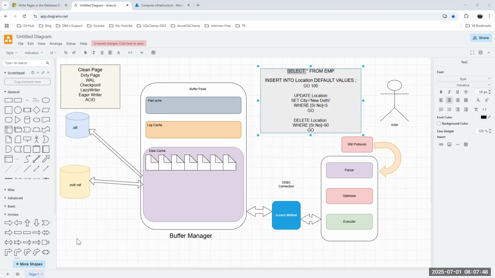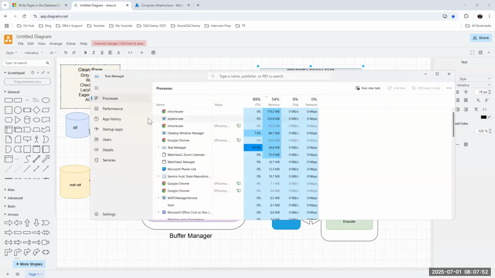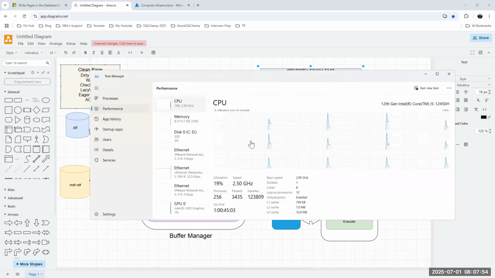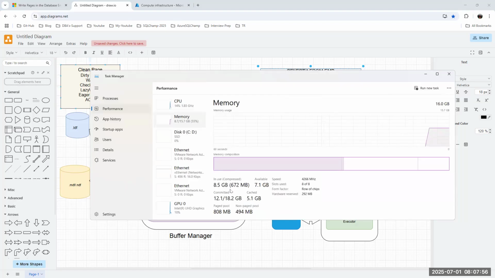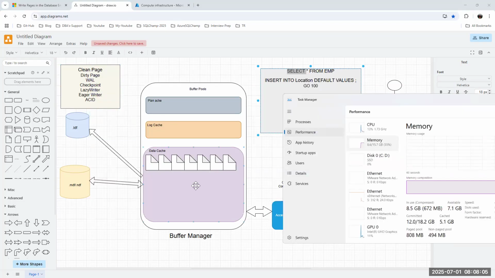Yes. And there is one more concept. If you open the task manager, there is a concept called page file. In case you don't have sufficient memory to spin the data, and SQL is configured by default, page file is there, and SQL has the capability to use the page file, then it will use the page file